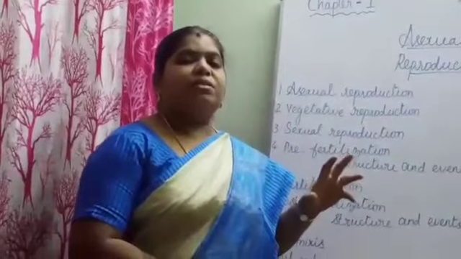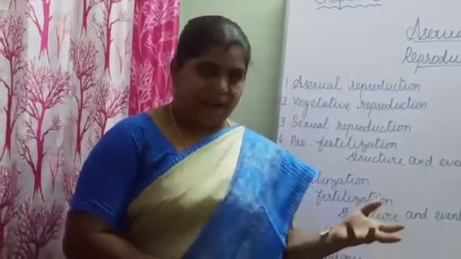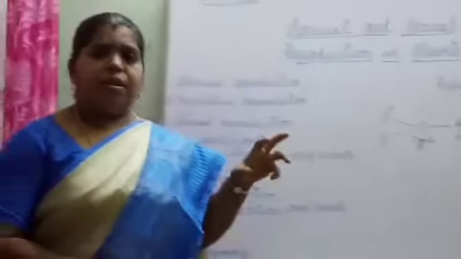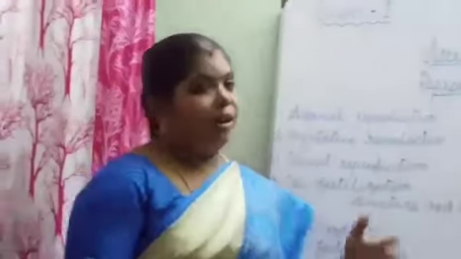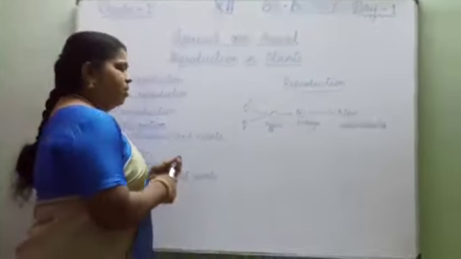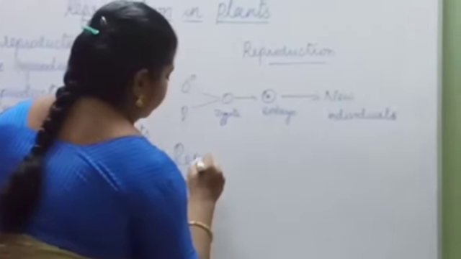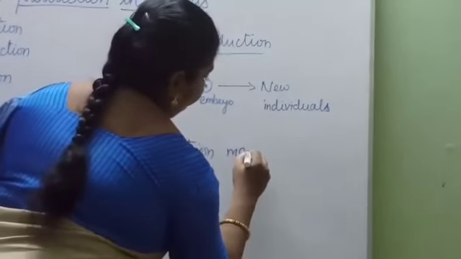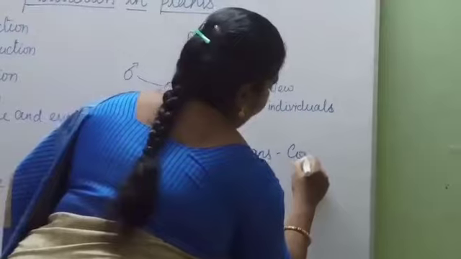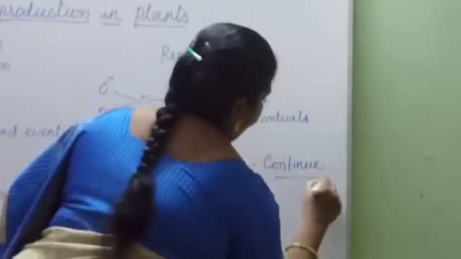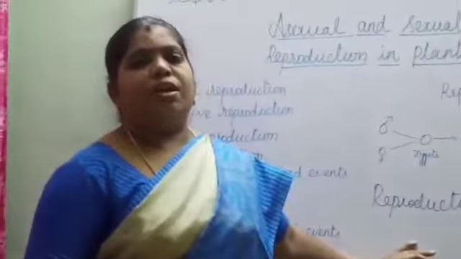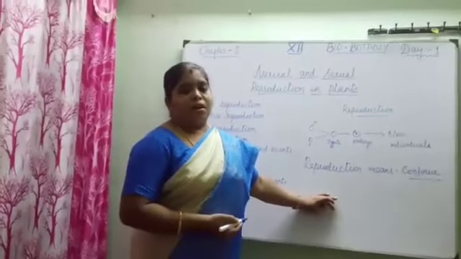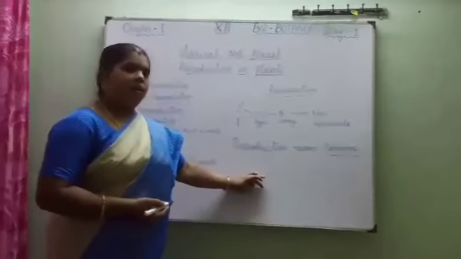This reproduction biology is going to give you an understanding of how organisms reproduce. Reproduction also plays an important role in evolution. Reproduction means continuity. Reproduction helps the continuity, the journey of life, because all the organisms that we can see